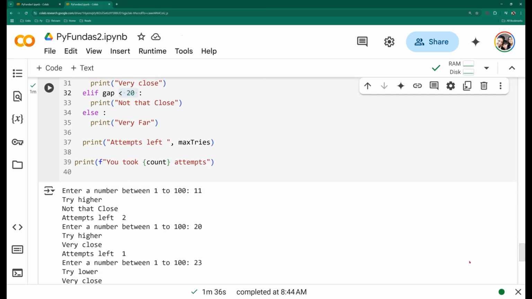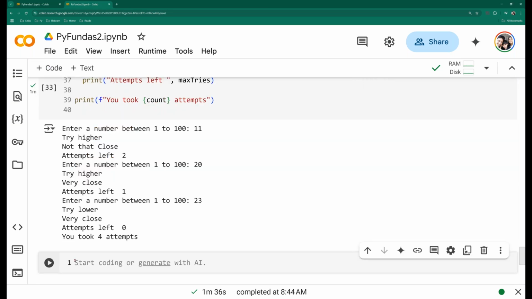But yeah, any questions on this? Anything else that we can do there? Let's do one more thing, team. Let's talk about timing functions, team. So the timer and how